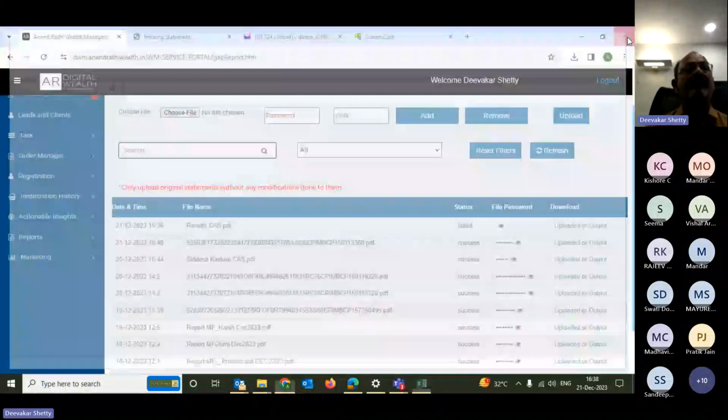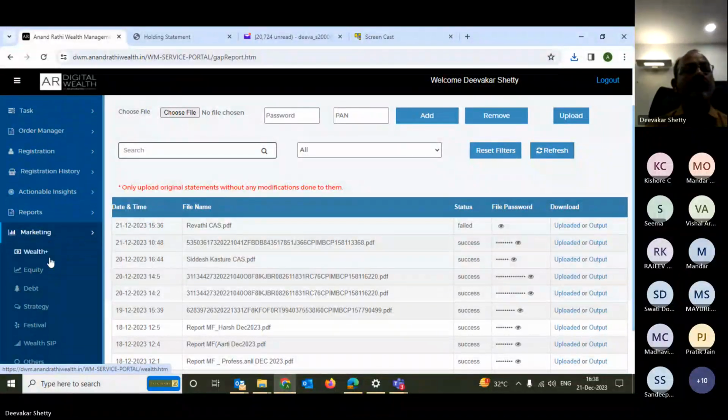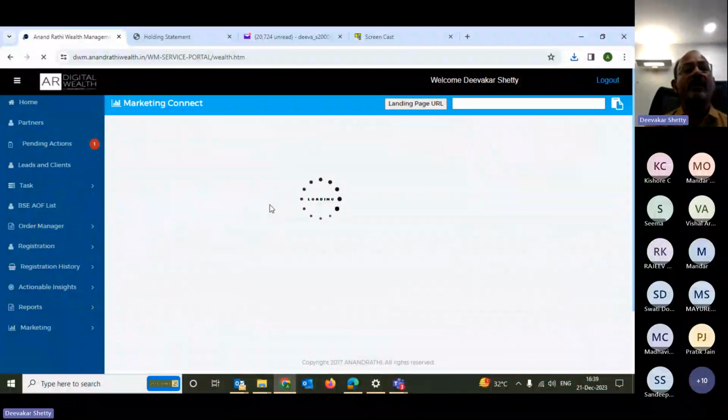Try using that. Now coming to the marketing part. In the marketing part there are multiple tabs, like Wealth Plus, Equity. As and when my marketing person uploads the images or teasers and all those, he uploads them here. Through this, you can find